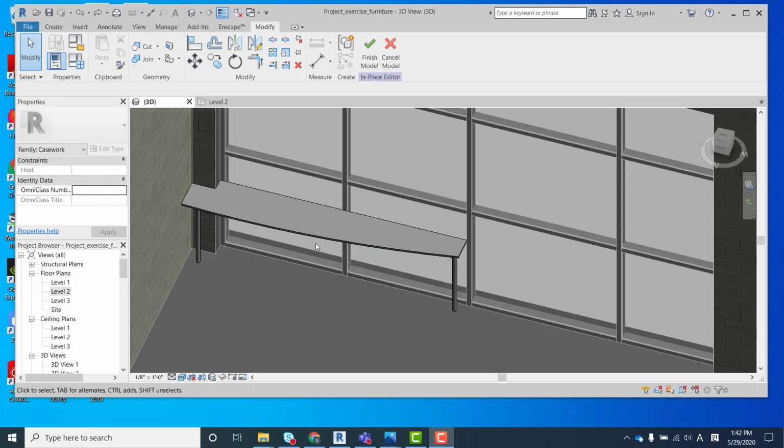Hello, in this video you're going to learn how to assign materials to the custom casework, custom furniture you've created in Revit. So we use Model in Place to create this piece, and here if it is just one